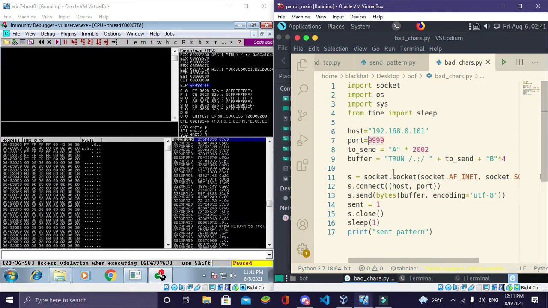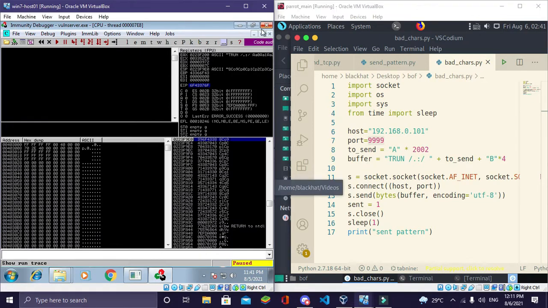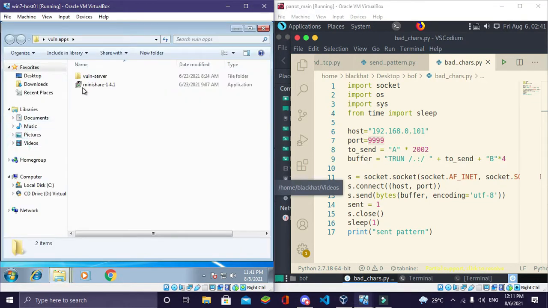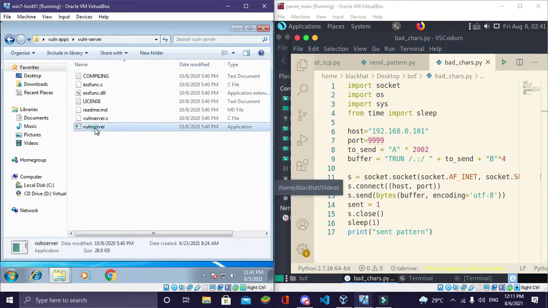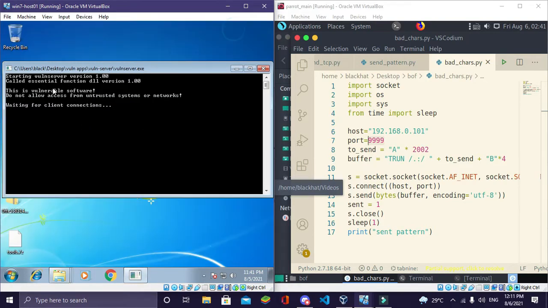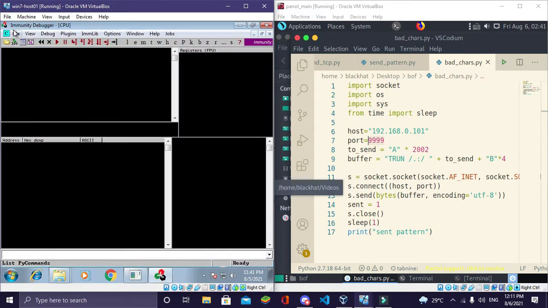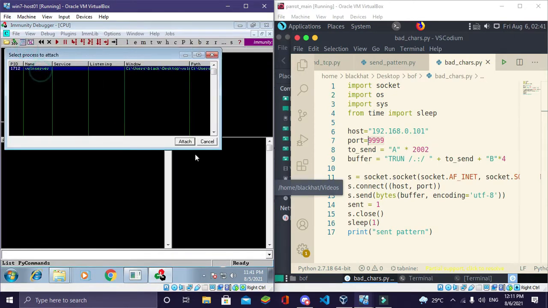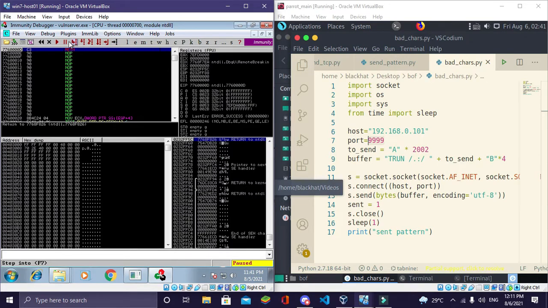IP is correct, port is correct. Now let's restart this server. And again the Immunity Debugger, file, attach, and now it is running.